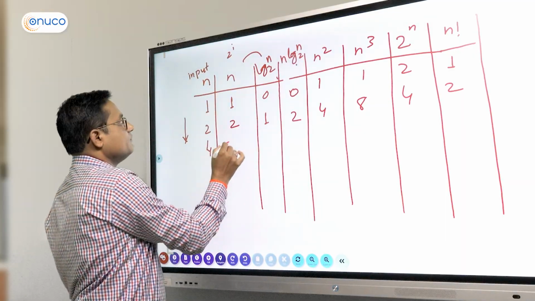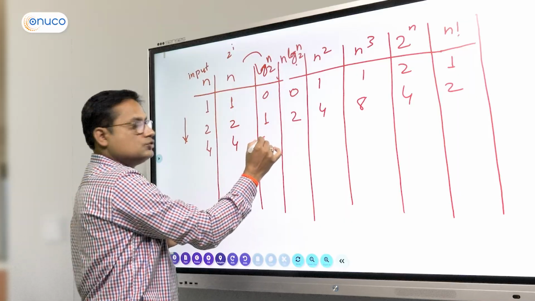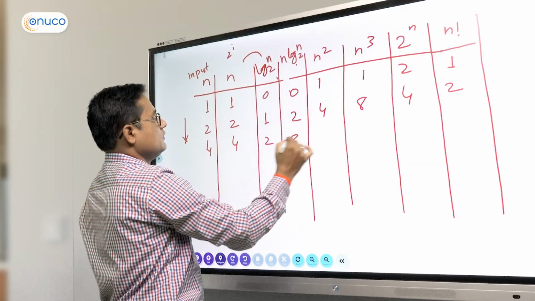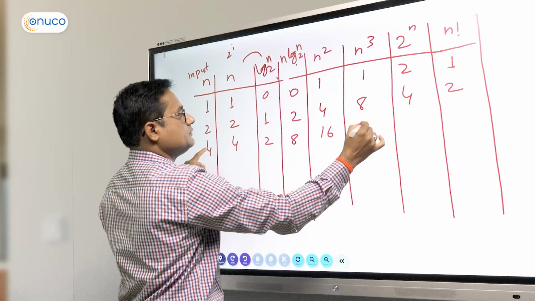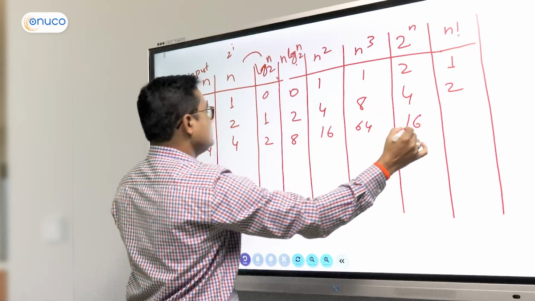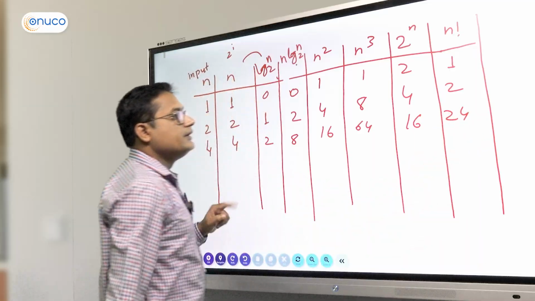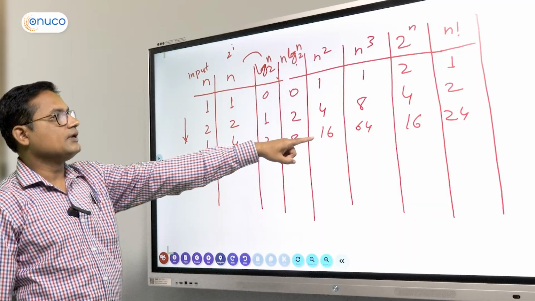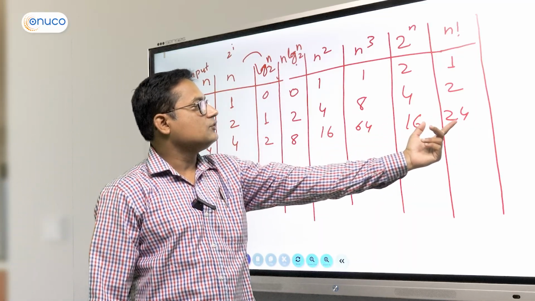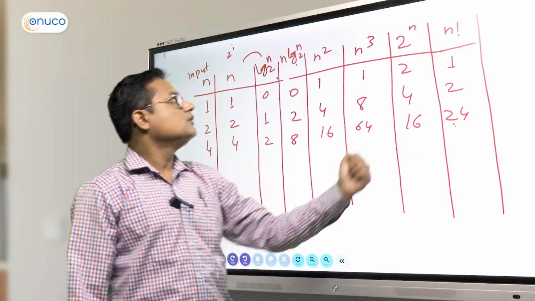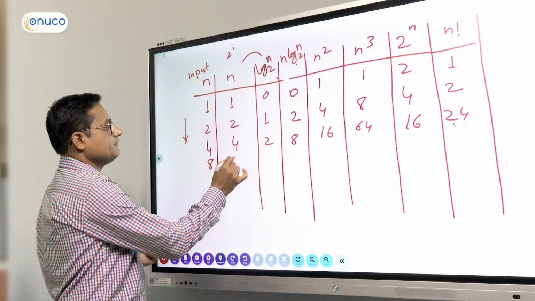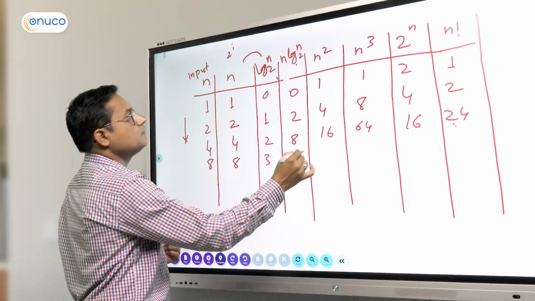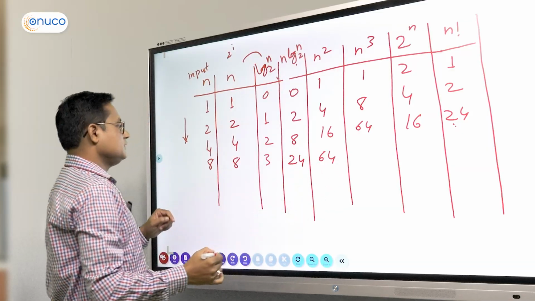So let us see, 2 square is 4. Log 4 base 2 is 2. This is multiplication of first two columns, 4 into 2, 8. It is 4 square, 16, 4 cube, 64. 2 power 4 is 16 and 4 factorial is 24. Still we can see that n cube is having higher order of growth, right? But here 2 power n and n factorial got more order of growth. Similarly, in the case of 8, here we get 3 into 8, 24, 8 square, 64, 8 cube,